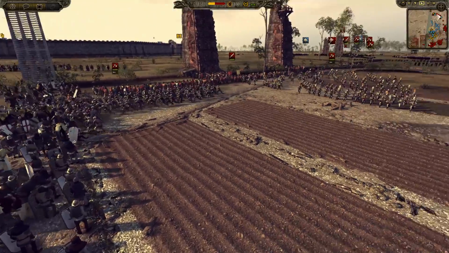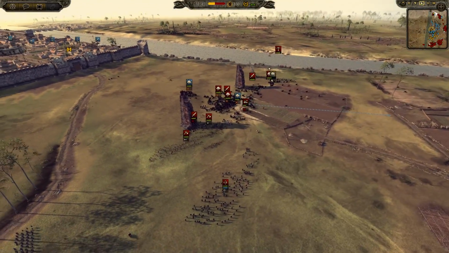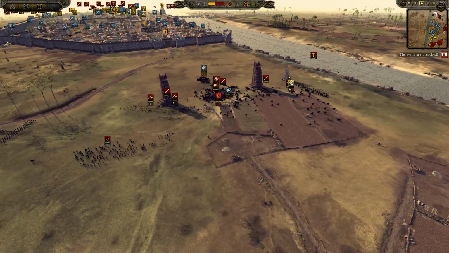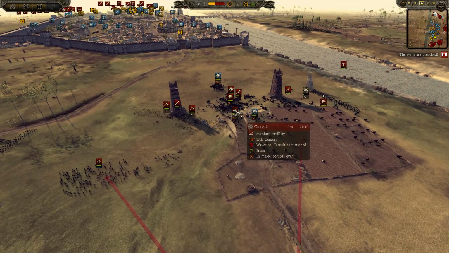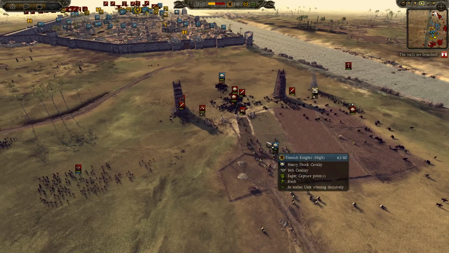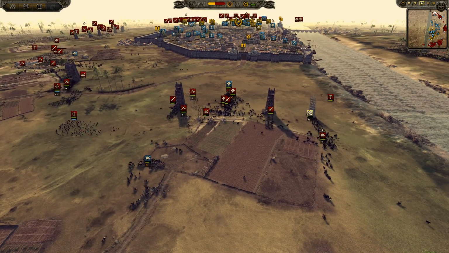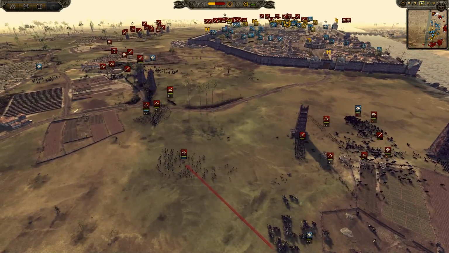However, I think this is going to be pretty dangerous for the attacking French armies because they're losing a lot of cavalry. They're losing almost, oh my god, if they lose these catapults, that's going to be massive. I think they just managed to survive. But yeah, the Flemish have obviously done a lot of damage, taking out crossbowmen, infantry,